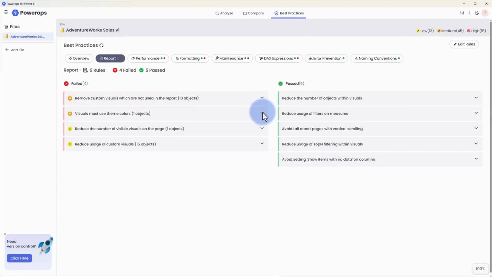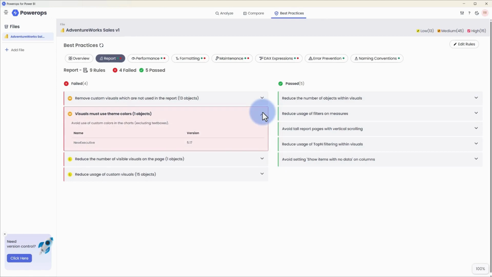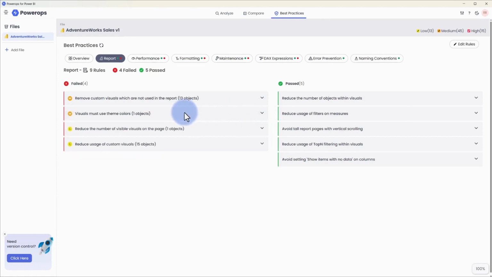Similarly, we have another rule over here indicating that visuals must use the theme colors, and that there is a visual that is currently using a color outside of the theme. Within each of these rules as well, you'll notice an M and an L, so these indicate the severity of the rule sets themselves. So L means low, M means medium,